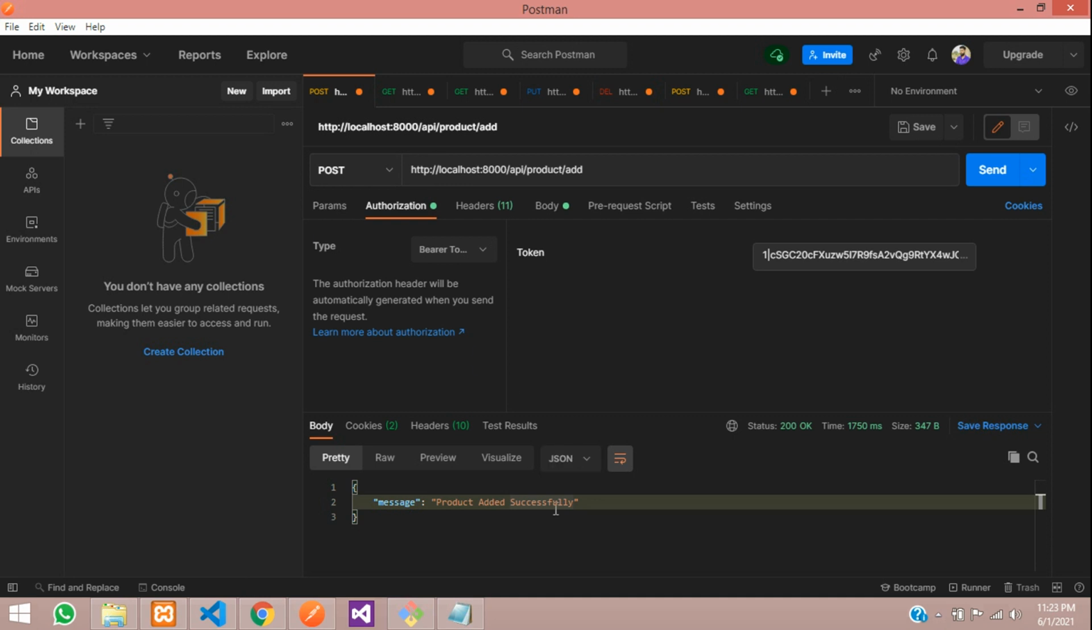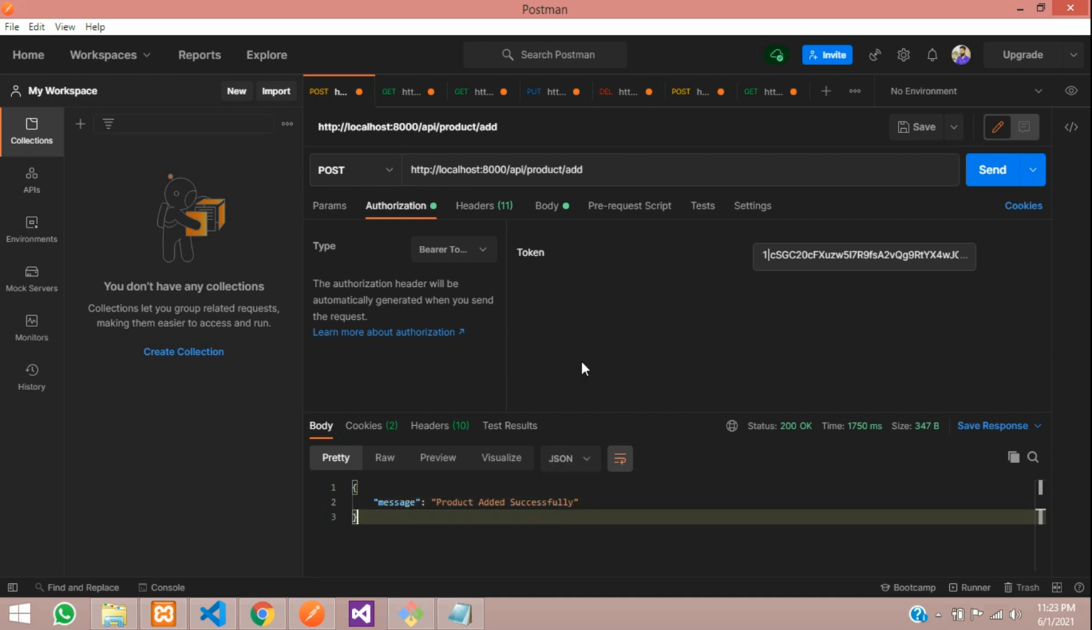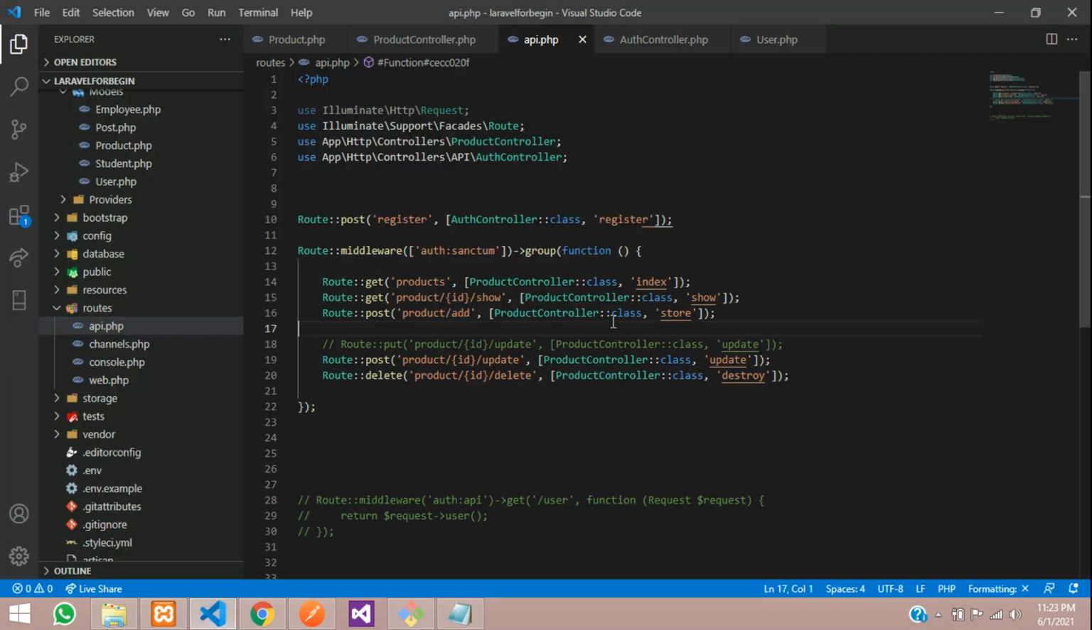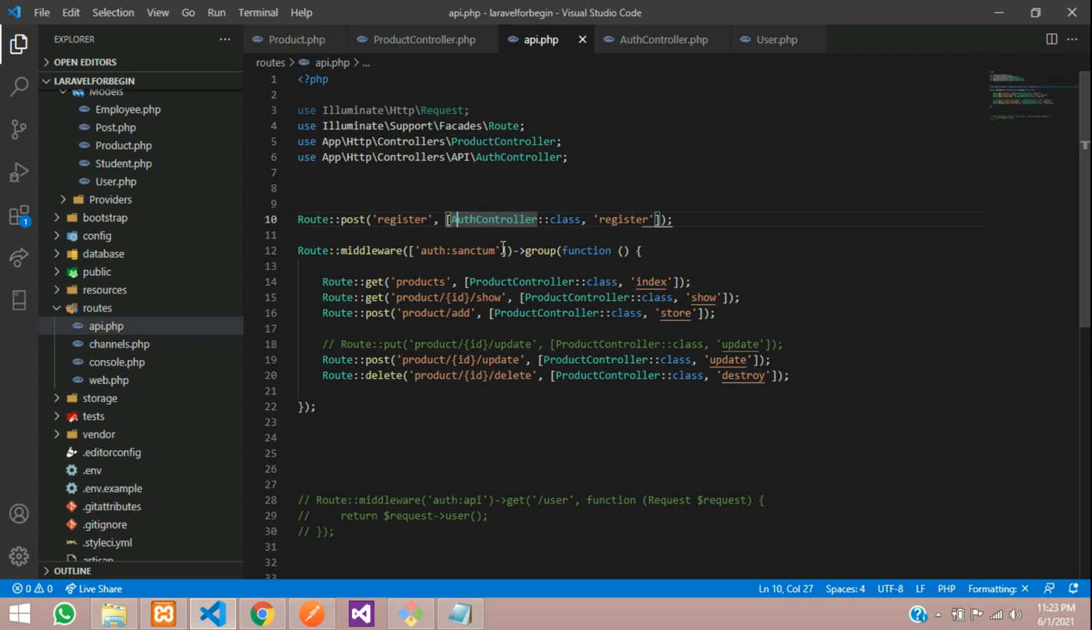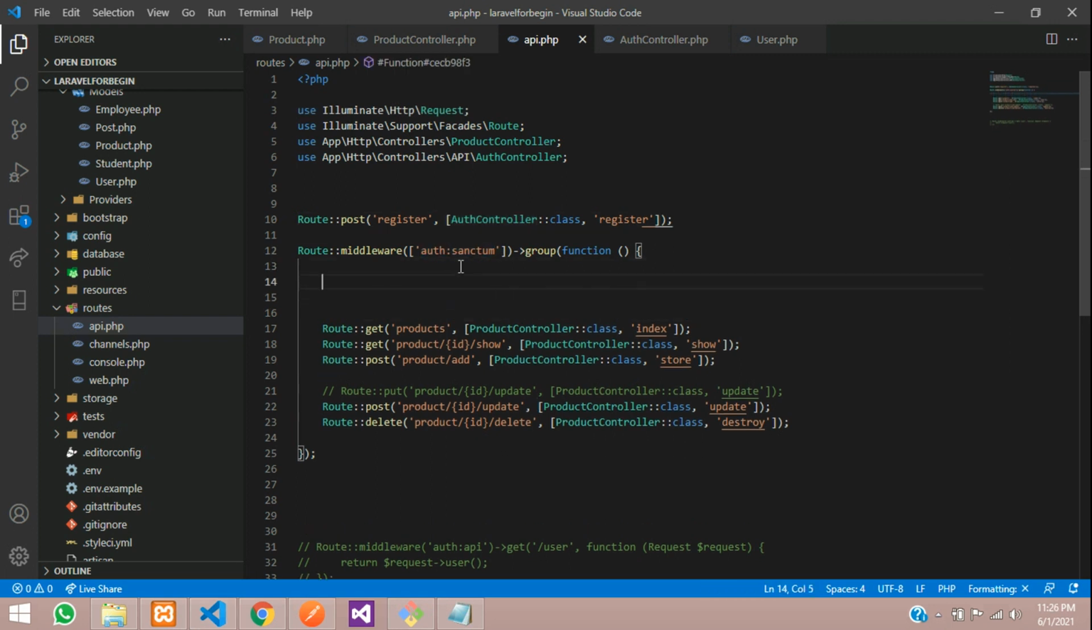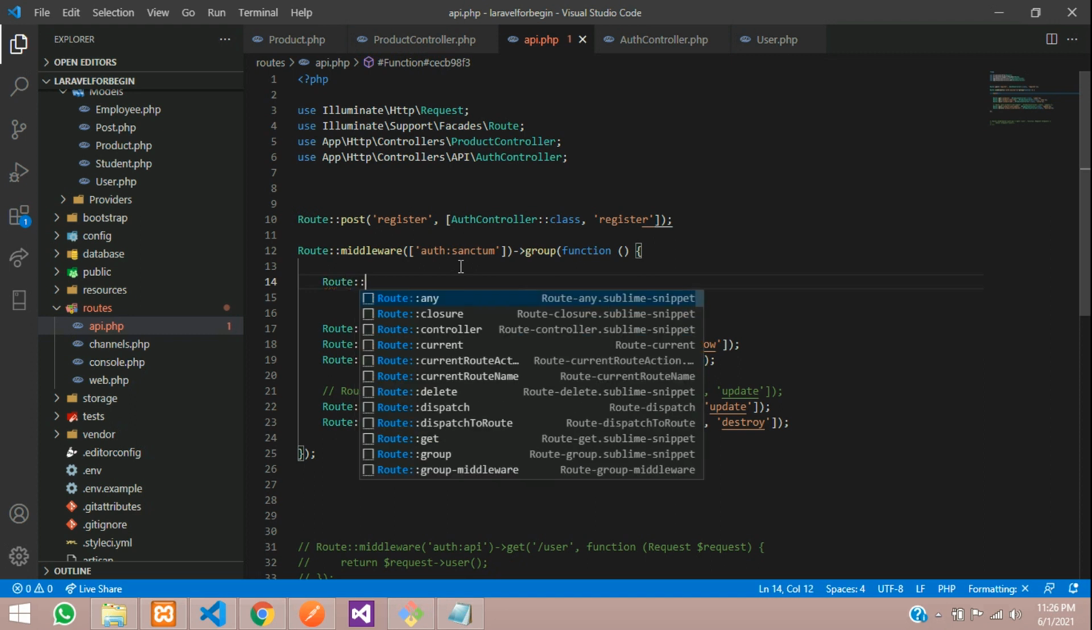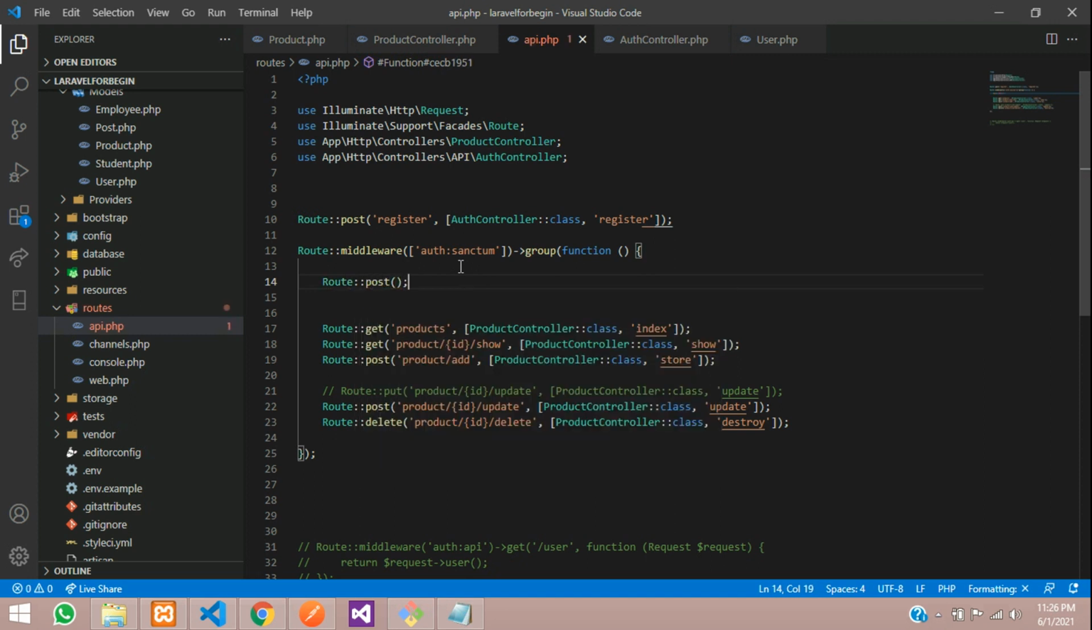So guys, now let us make a logout for this. Once we log out, this token should be expired. Okay, so let's get started with that. First let's move to our editor and create one logout route. Make sure that the logout route is inside your auth sanctum. Add that over here, a route of post method, where we are going to tell logout, and inside the same